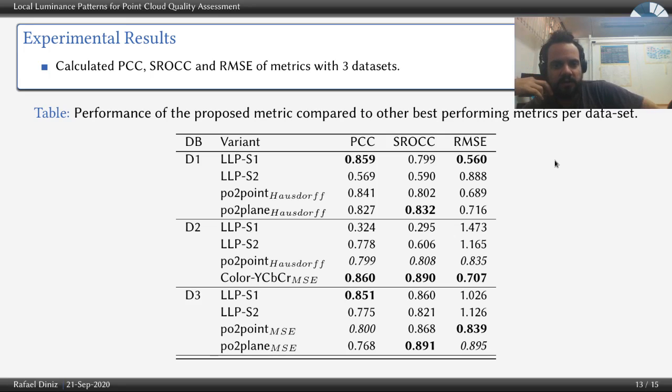For the second data set, the only one where we didn't perform better, with the first voxelization strategy we did not perform well, but with the second voxelization strategy it performed better, being almost second best. And for the third data set we were again the best one,